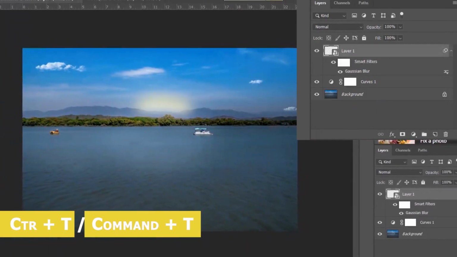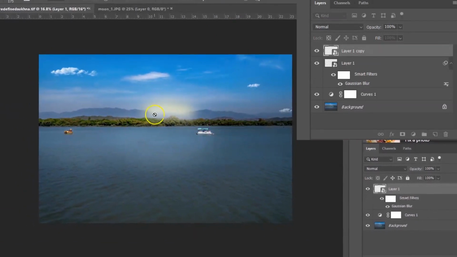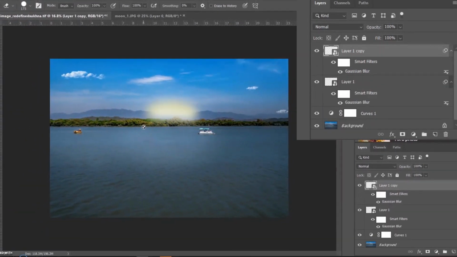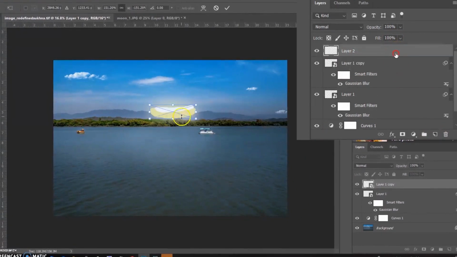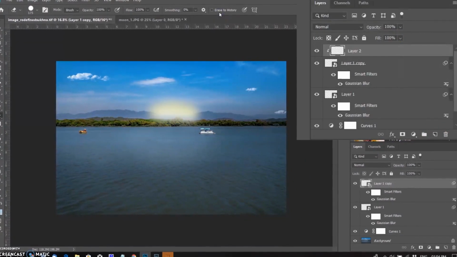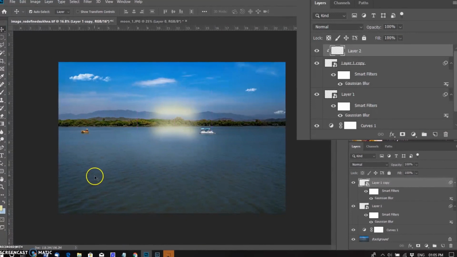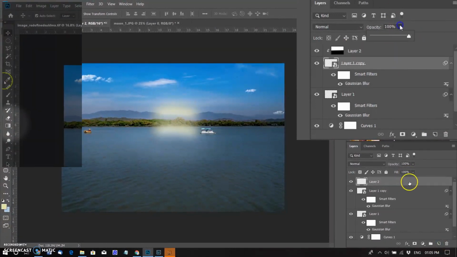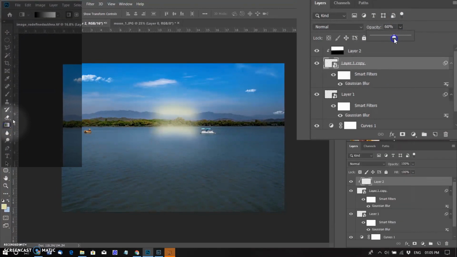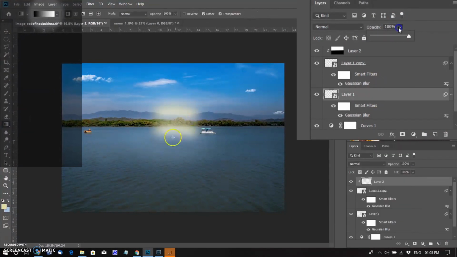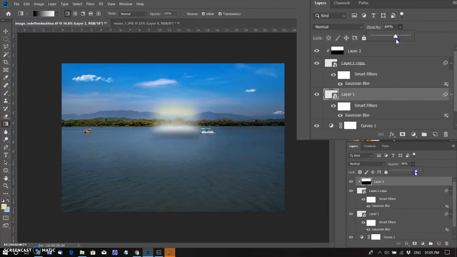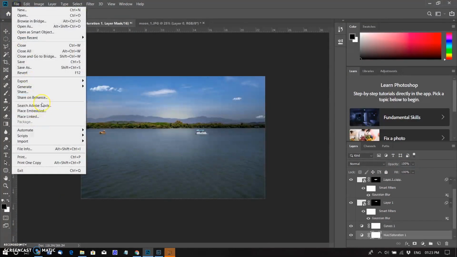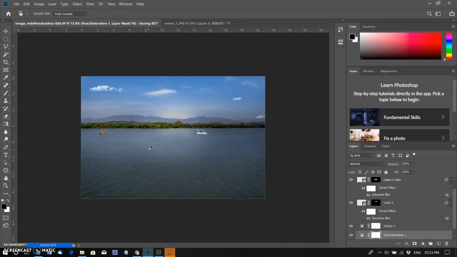Duplicate this layer to create a reflection in the water. Flip it vertically by using the transform tool and moving the layer to the water. Then creating a new layer and using the gradient tool to make the reflection more realistic and reducing the master opacity to 58. Now saving the image and it is opening in Lightroom again.